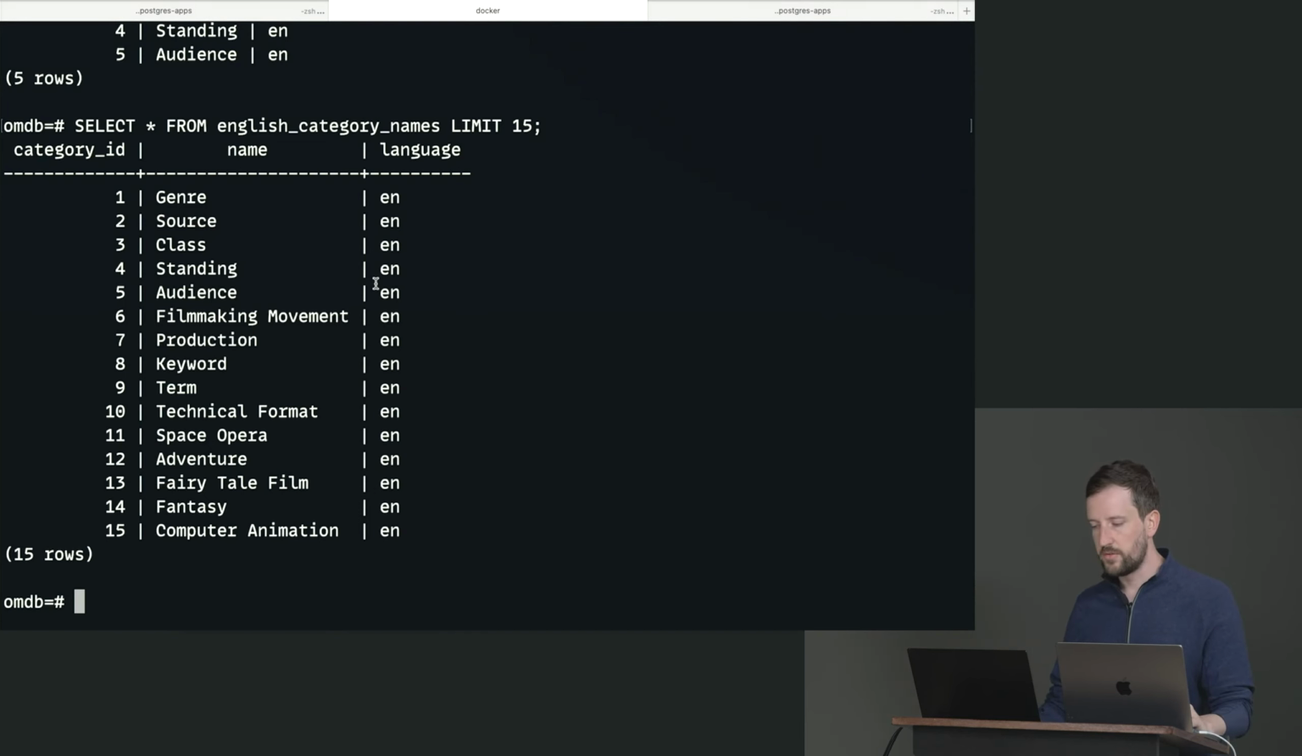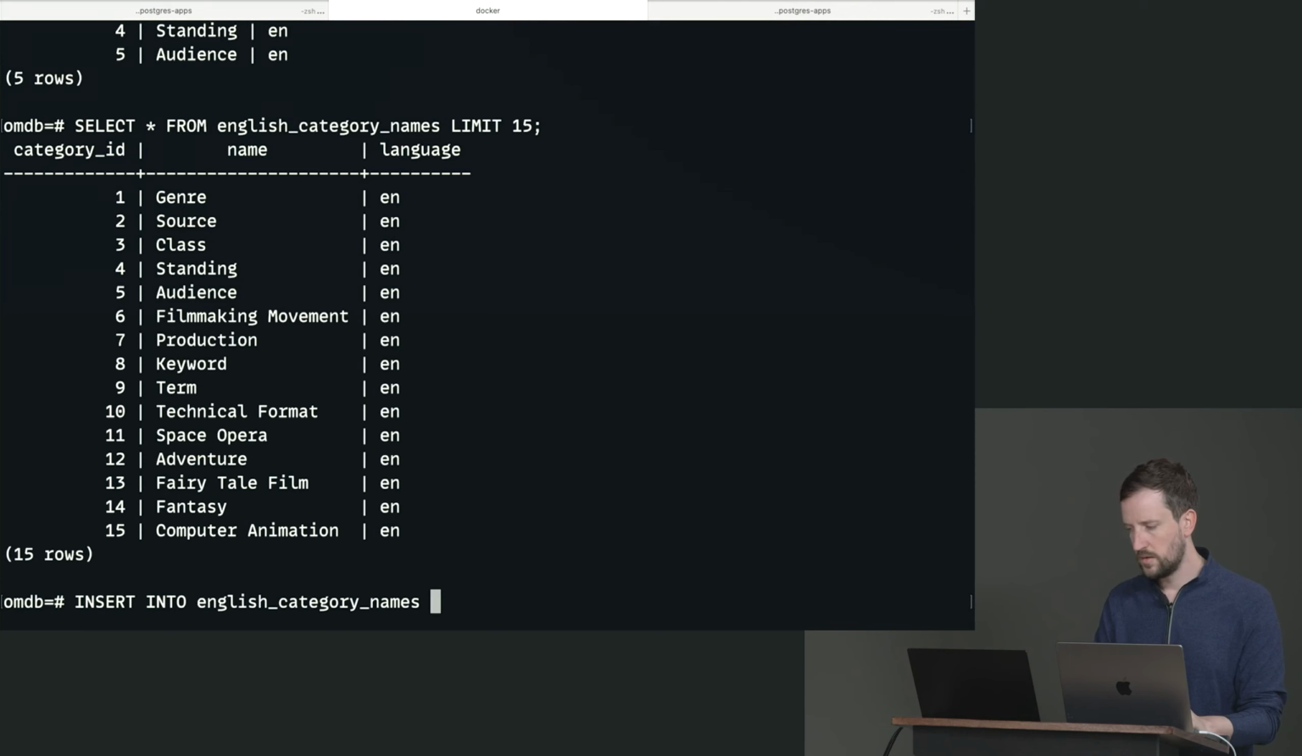Another interesting and useful thing is I can actually insert into a view. Category ID, name, language, values, 2,